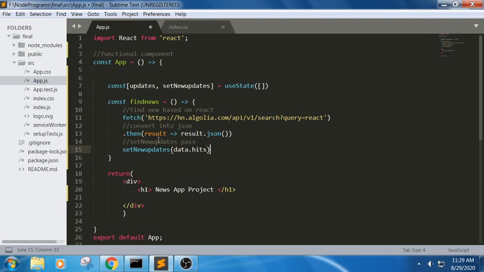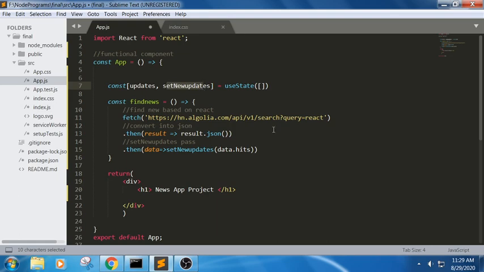In the sense, we are checking whether it is able to pass or not. Then I write then of data, of setNewUpdates. So whatever result we get, we pass it to setNewUpdates.